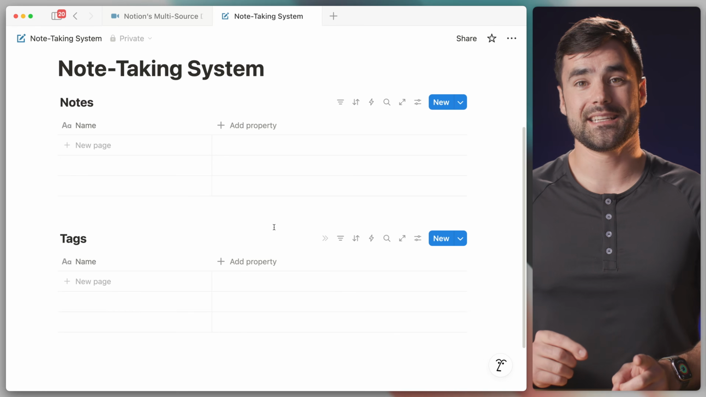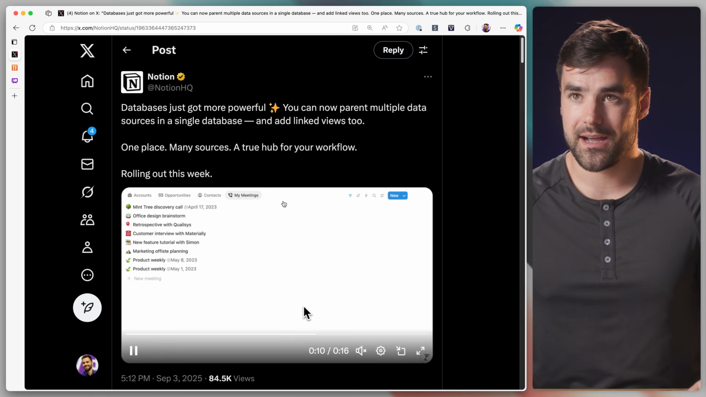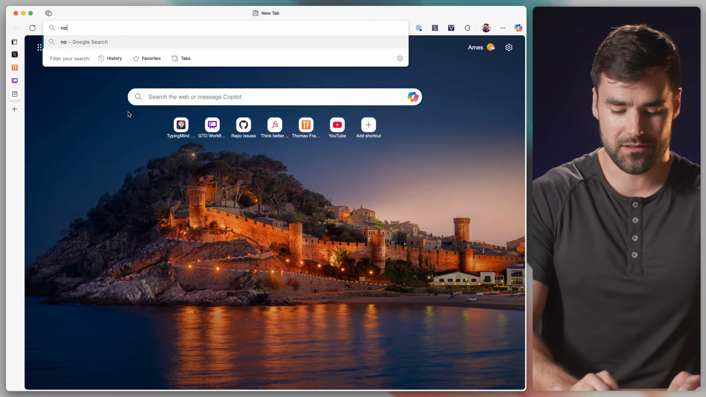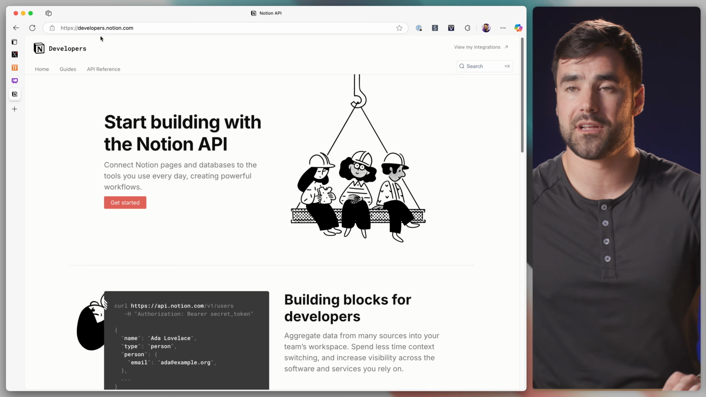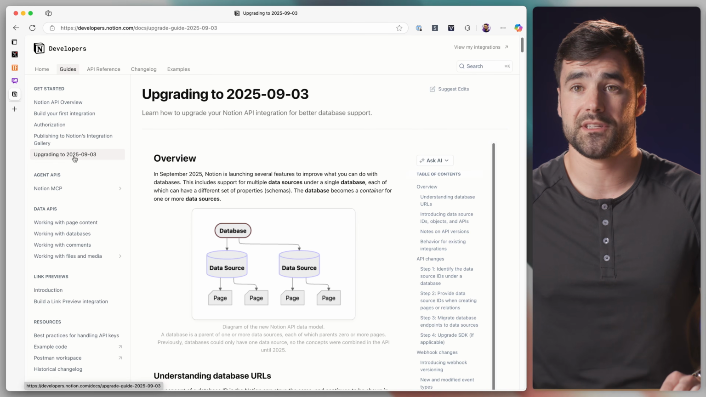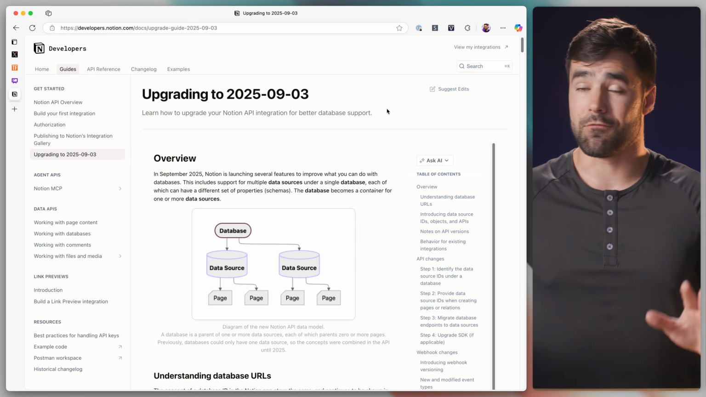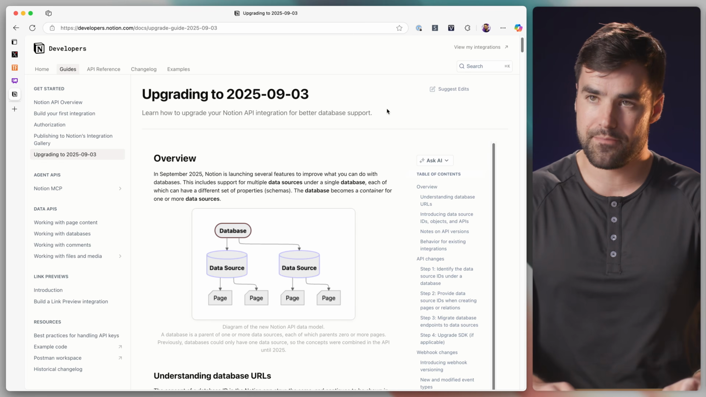The reason for that is that there is a brand new version of the Notion API. And in fact, maybe I'll just go ahead and show that to you quickly. Let's do Notion API, find the Notion API site here, developers.notion.com. And in the guides, they've got this upgrading to 2025-09-03. You really don't have to read this if you're not a developer, but I'm just bringing this up because basically